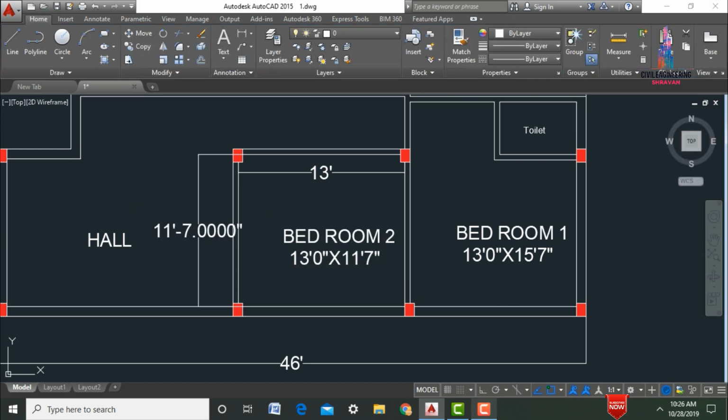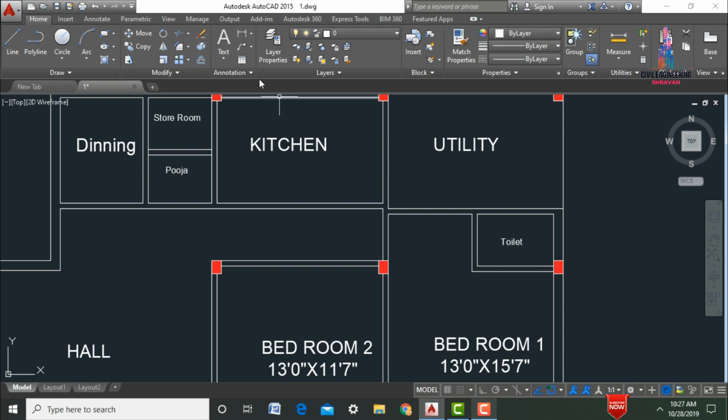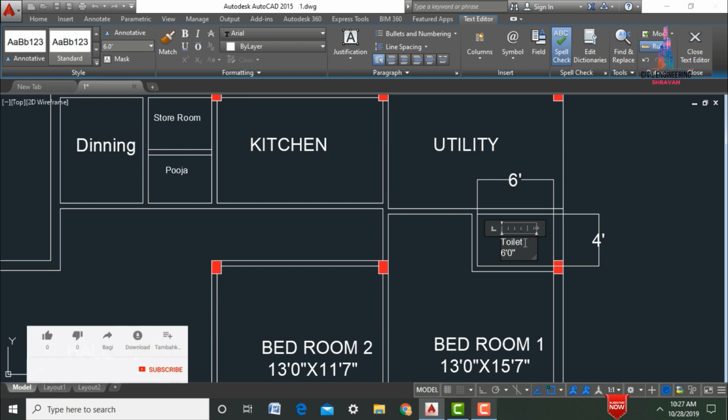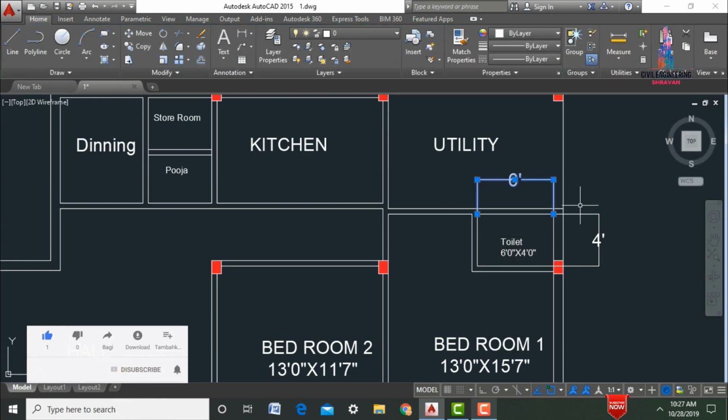Now select the vertical distance here, and again select the horizontal distance. Click on delete. Now we need to measure this distance. For that, select the distance option again. Select the first point and the second point. Again I am selecting the vertical direction distance here, and selecting the second point. It will be 6 feet in length direction and 4 feet in vertical direction. Here we need to give the dimensions as 6 feet cross 4 feet. Again select this 6 feet and 4 feet distance and click on delete.